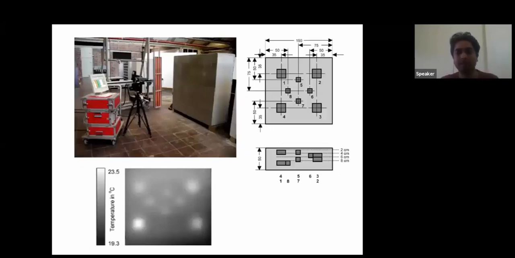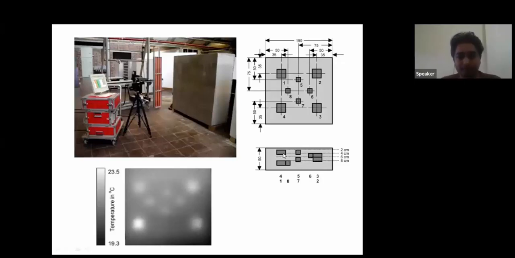So this is one experimental setup where voids are created intentionally inside this concrete. In this concrete, we have intentionally created some voids and check at what depth the thermal camera can detect the anomalies. Okay, this is the front side and this is the back side, and this is the cross section of this concrete. Now this is the fourth position and this is the first position. This is the first position void and this is the fourth position void. So remember this, I am just going to explain only this part.